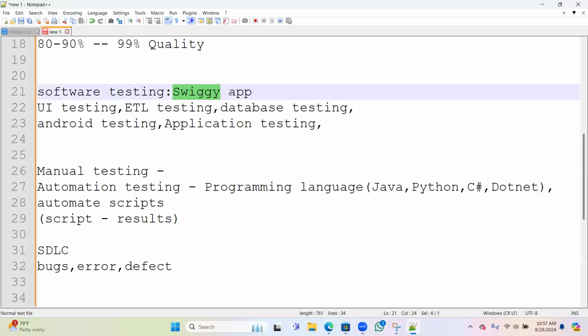Whenever you go to Swiggy, you log in with your mobile number and place your order. That's the general functionality. You log in first, select the food and place an order. This is the functionality Swiggy has to do. So I would say there may be some issue in the login page itself.